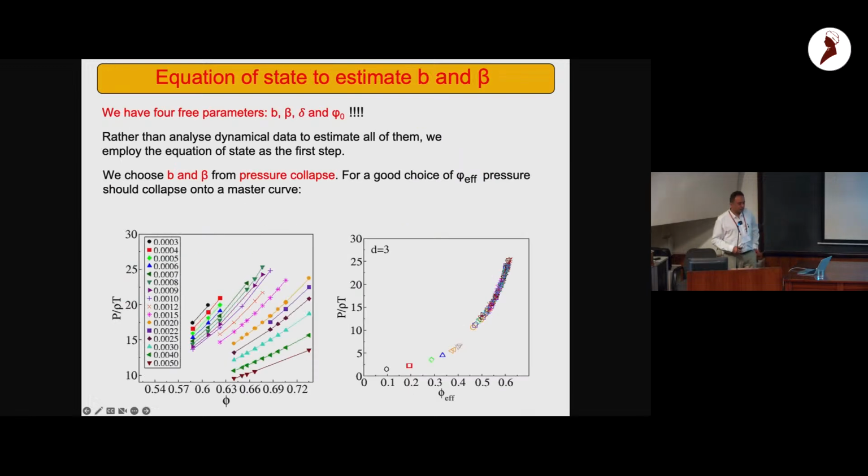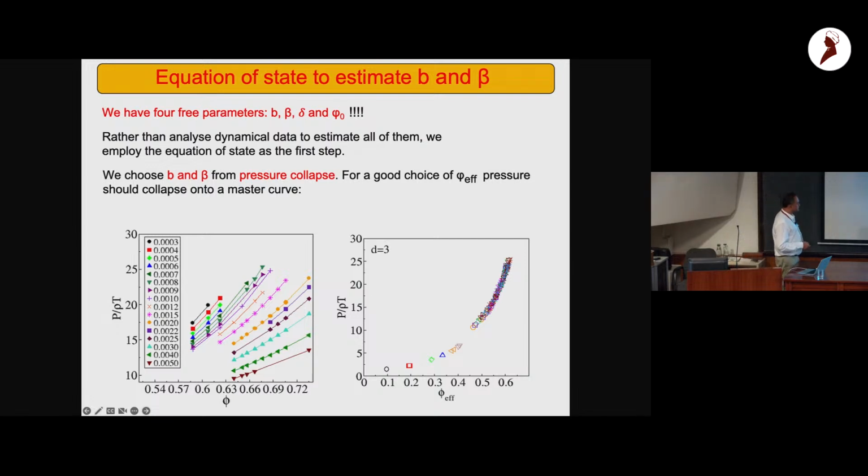Okay, so what we've done by going through this procedure is we now have more parameters. We had the delta and the phi naught, but we have this B and beta. And so what we said is we're not going to use dynamics to estimate all of these parameters. We're going to use the equation of state, which in principle we can also say should be described by a single effective